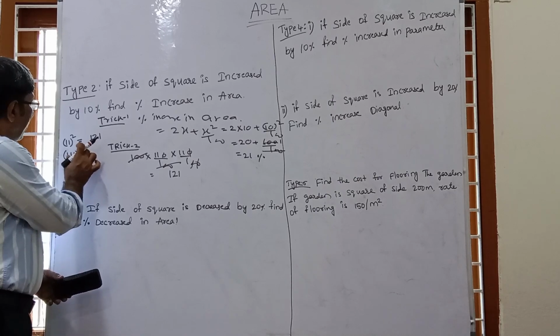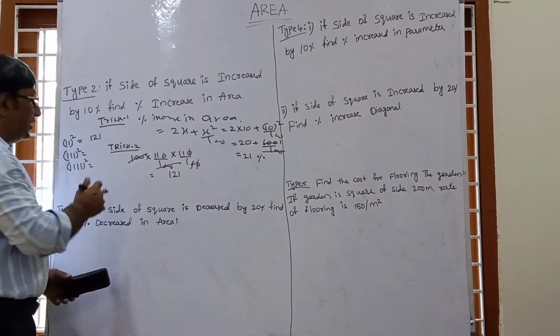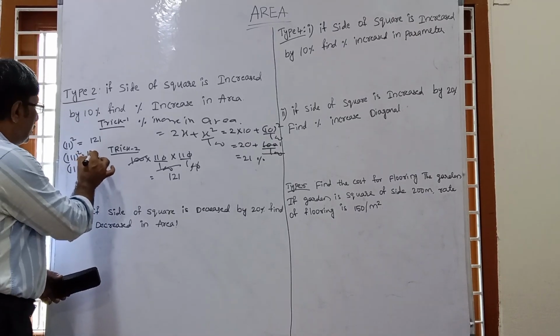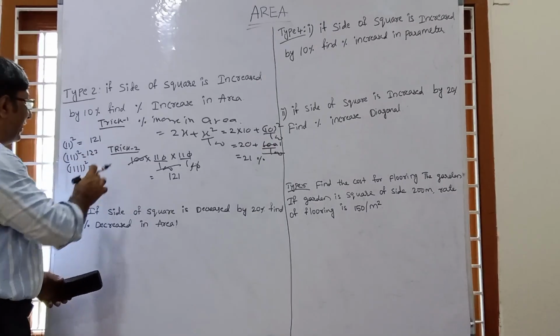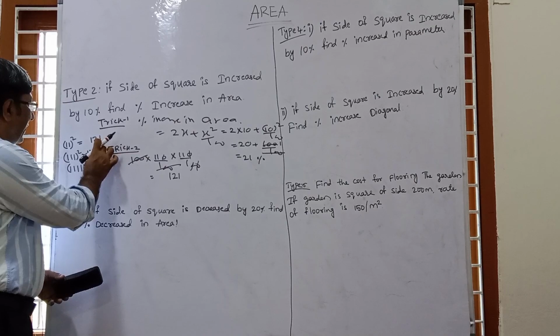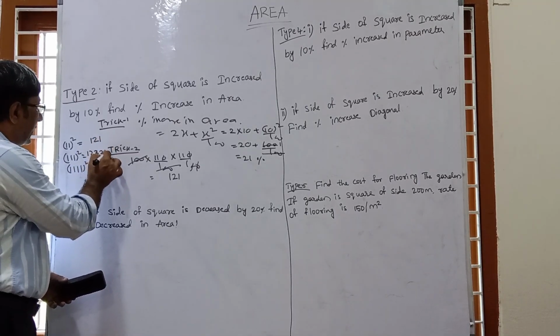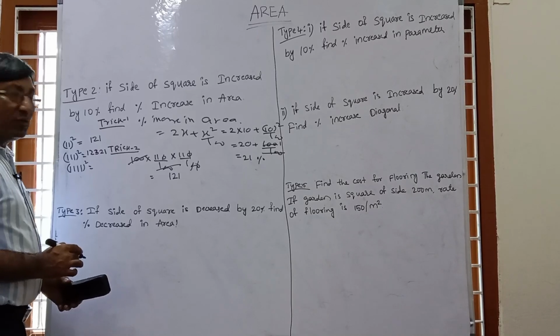Similarly, 1, 1, 1, 3 times. Again you go counting up to 3, so this is 1, 2, 3. Leave this last number and write the remaining. So leave the last 3 and write 2, 1. So your answer is 1, 2, 3, 2, 1.